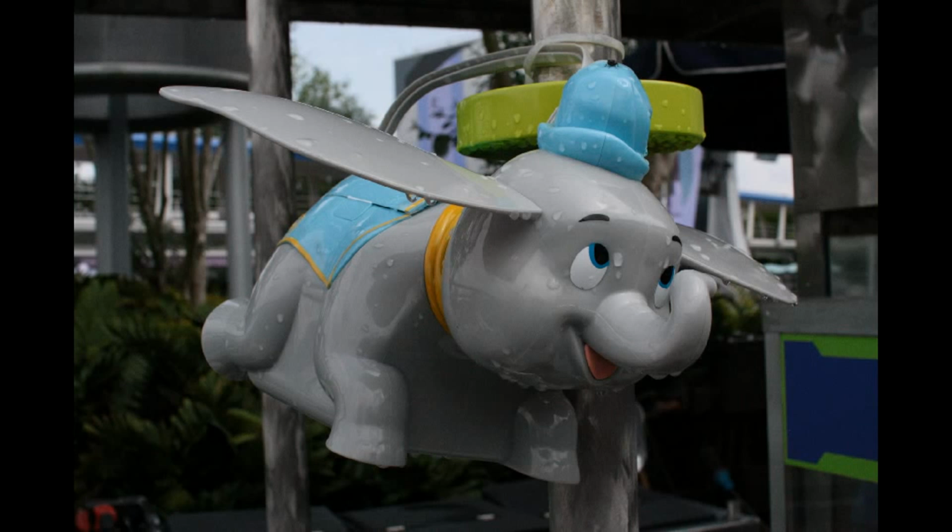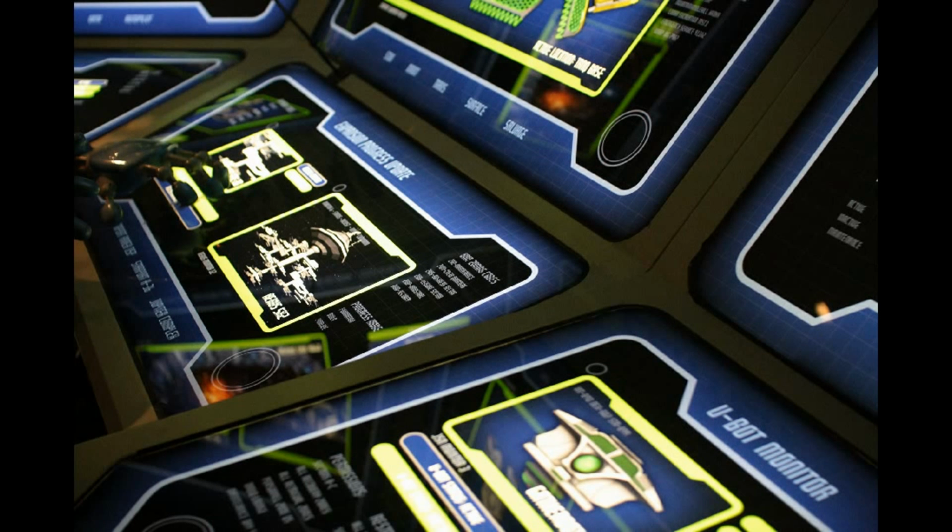We're not using it for much more than just being an interesting looking display, but I thought it was a neat little takeaway for the park to have. The popcorn can sit right into it. So we are here looking at something at the exit to Space Mountain, and I thought I would show that